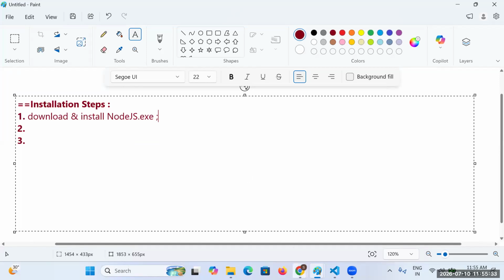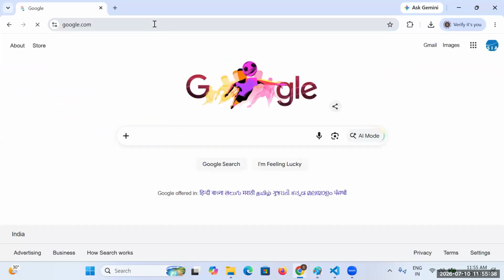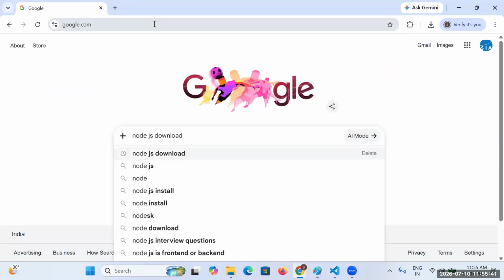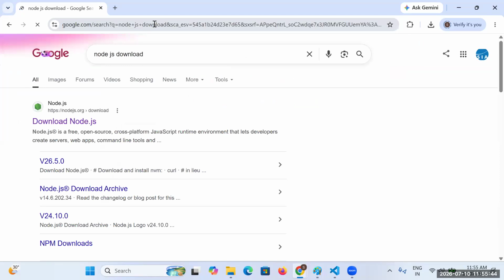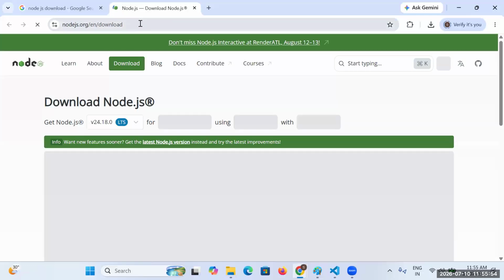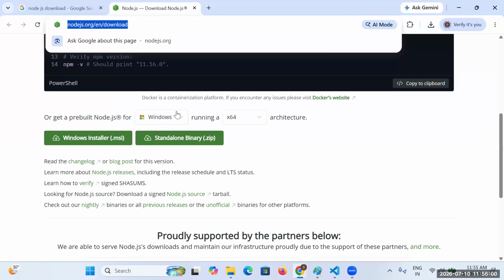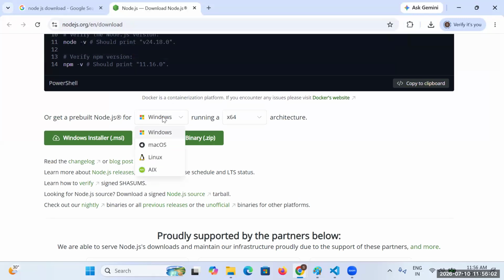So from where will you download this? It is simple. Go to Google and type Node.js download. Just type Node.js download. On that website, just come down. You'll have options: Windows operating system, Mac operating system, and Linux operating system. Based on your operating system,